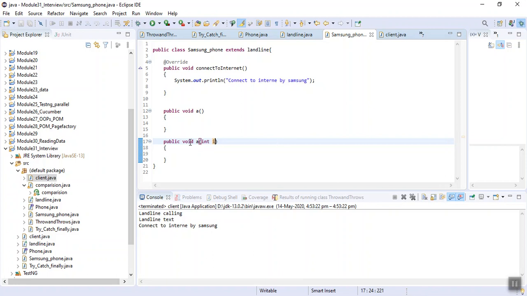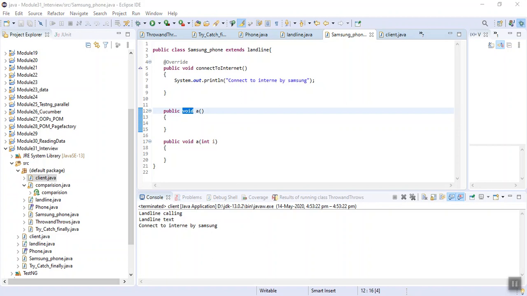The data type could be different also. They should differ in some way, either the arguments are different, or if the arguments are the same, their data types are different. This way we can say this is known as overloading a function.